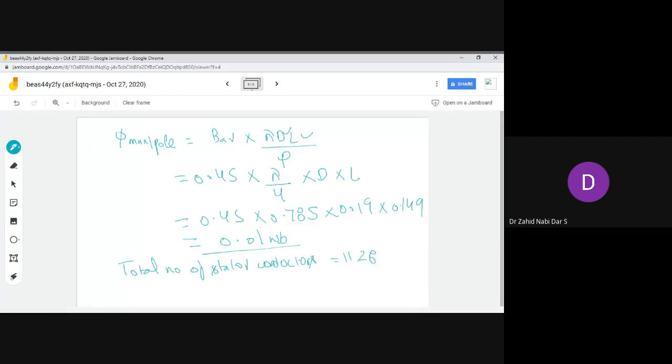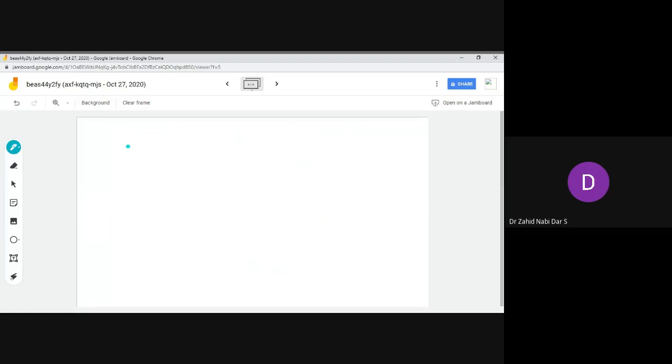See, to calculate the stator slots, you will go for the number of poles and the phases. See, there is a formula for this. How to calculate the stator slots? Number of stator slots. So this formula for number of stator slots is given as